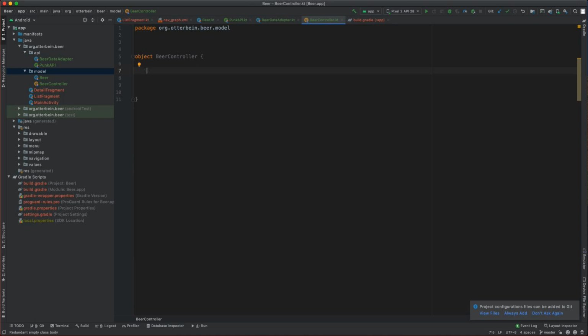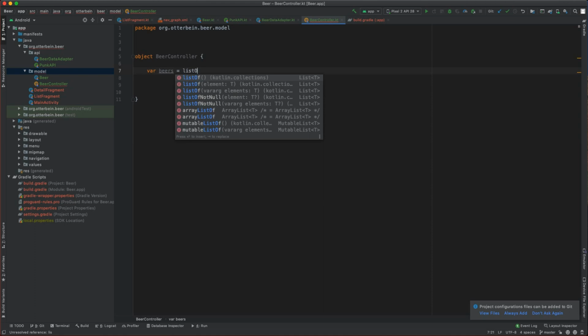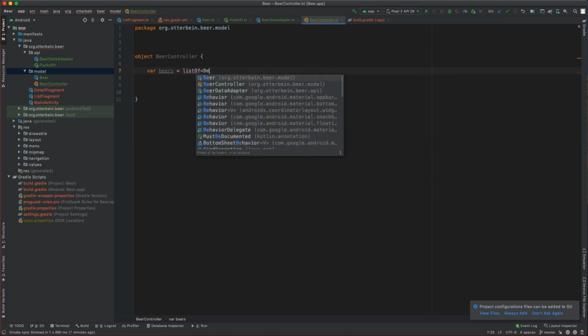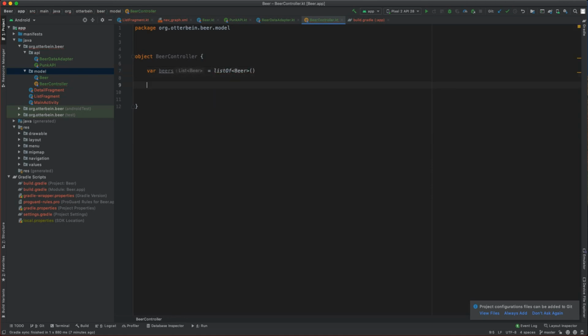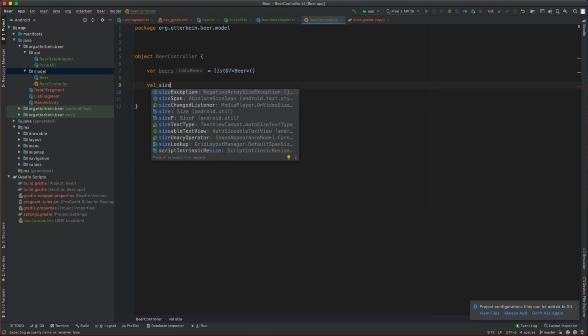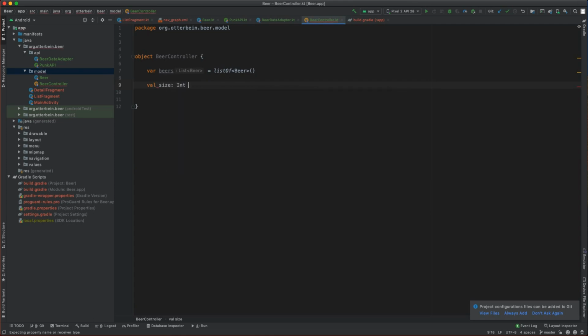And it shouldn't matter. It should just be able to call refresh. So let's create a variable to hold the beer. So var beers, which will be equal to a list of beer. And then let's just do everything now. When it is size, val size is an int, a get, return beers dot size,